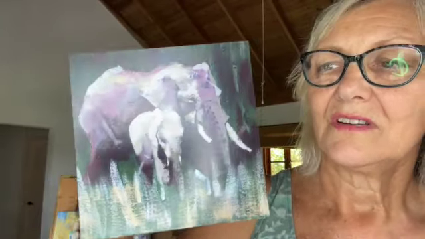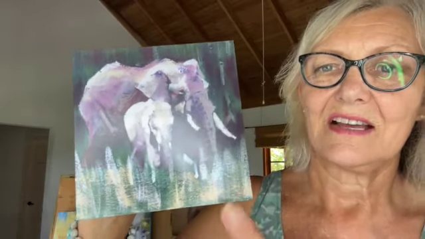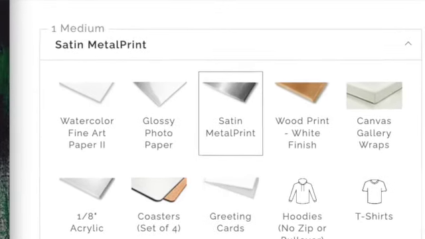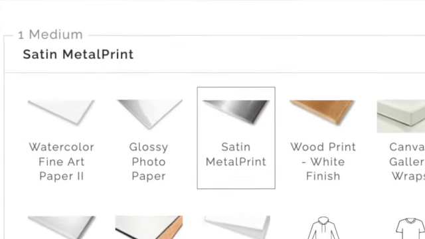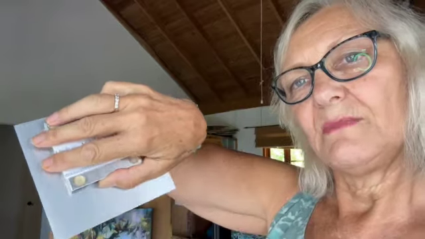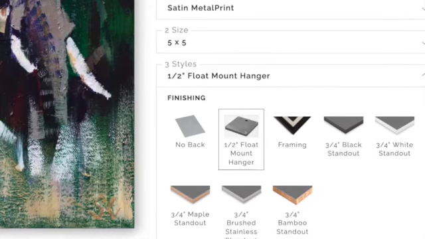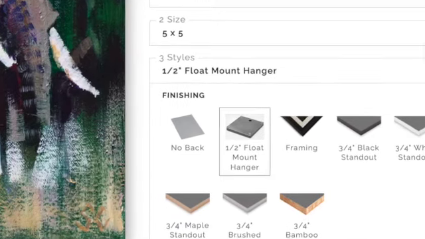That's also, some of the choices have been narrowed down by me because I like the satin surface. That's the one I'm offering. And also that you don't see the shine of the metal showing right through the image. It is shiny metal on the back. You've got a self hanger and the way to hang it up with this little grooved hanger option there. And these can be framed, hung on the wall without a frame, or